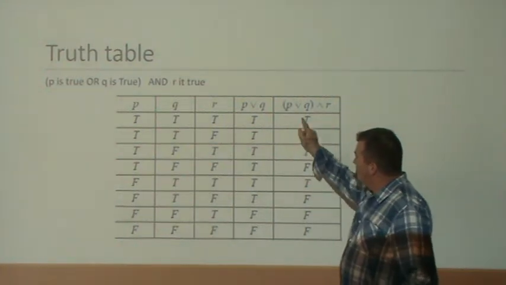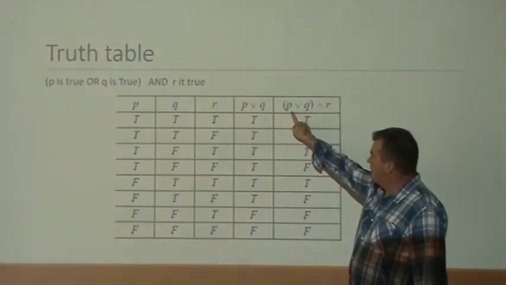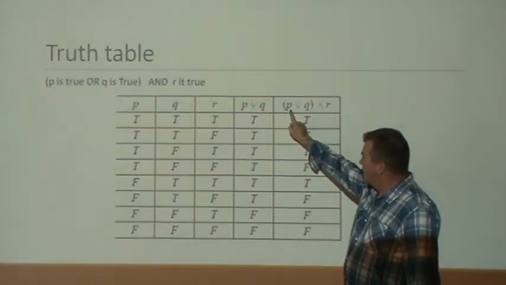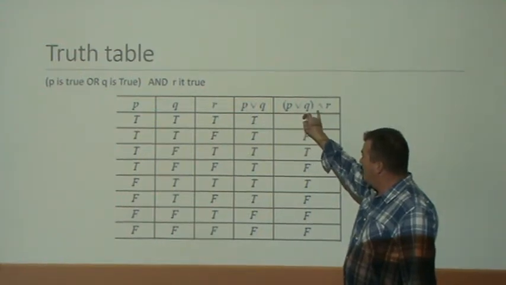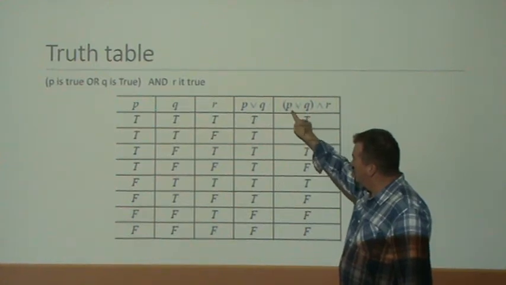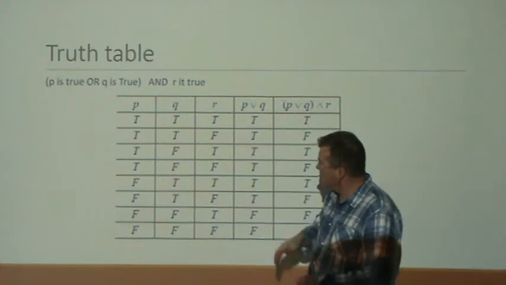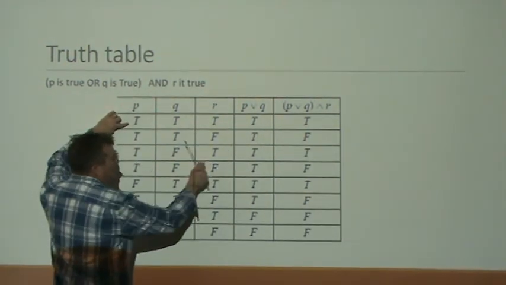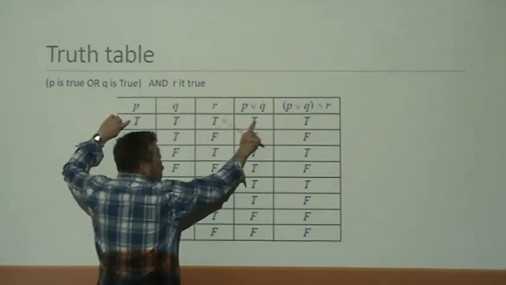Now what we're trying to figure out is what is the value of P or Q and R. Well, the first thing we should figure out is P or Q. So let's make a column called P or Q. If we look at P and we look at Q, and we're saying if either one is true,